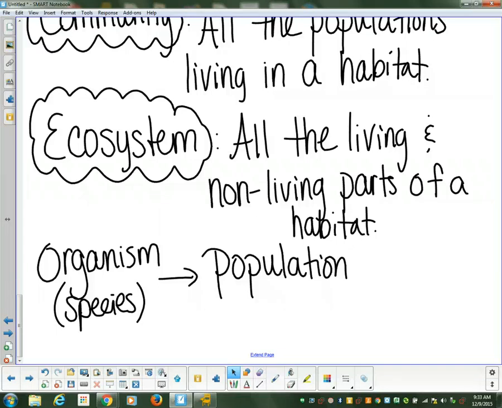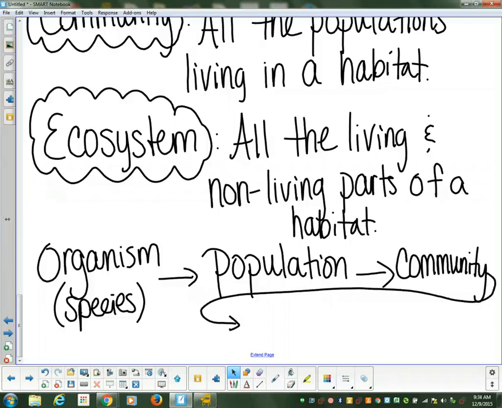Once you have multiple organisms that are grouped together, those make up a community. And so when you have a bunch of different populations, the community exists, but when you bring in the non-living parts of it, it becomes an